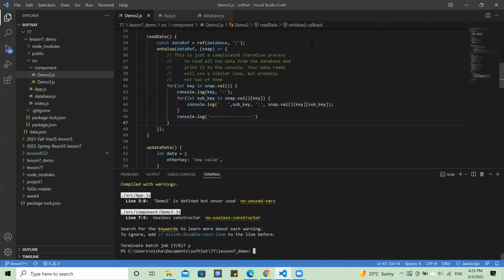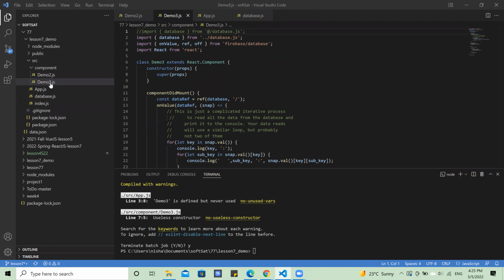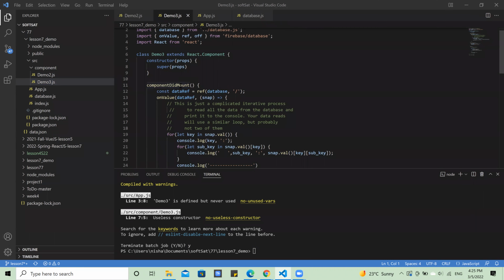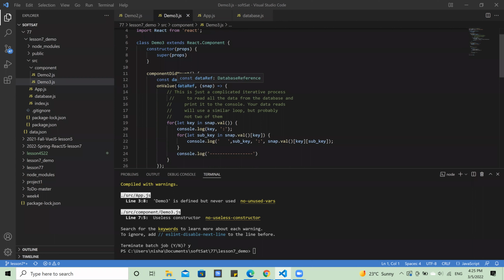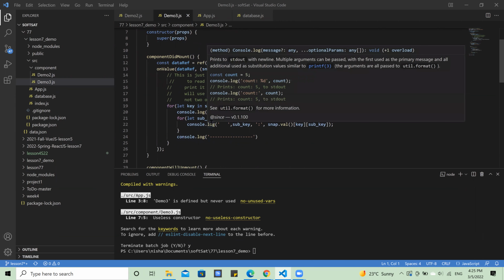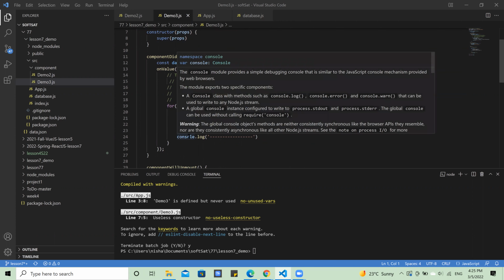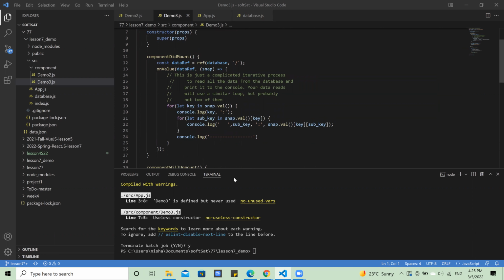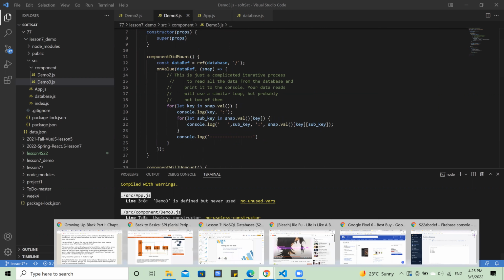Demo 3. So you have the componentDidMount function before you do the render, of course, and you use the on value here, and you read the data the same way you used in the read value function, and that's about the end of it. But after you're done with that,